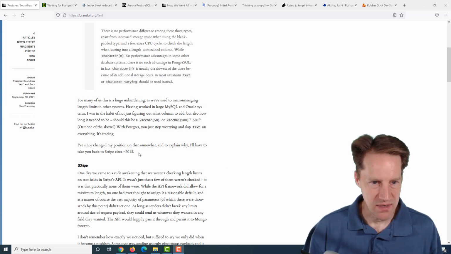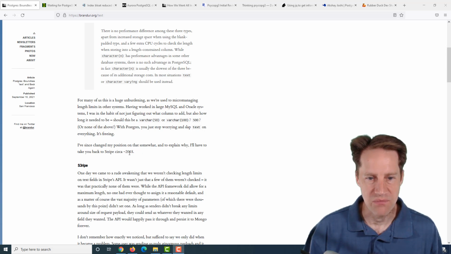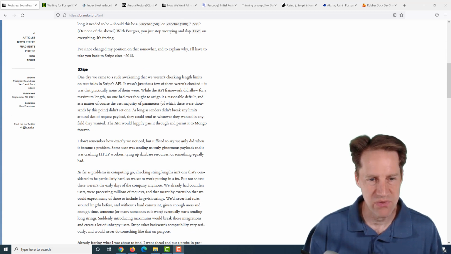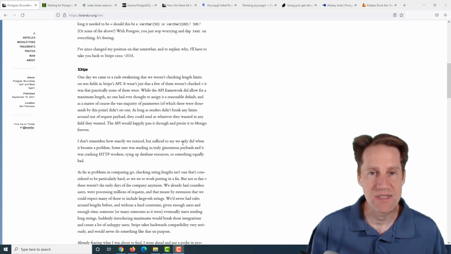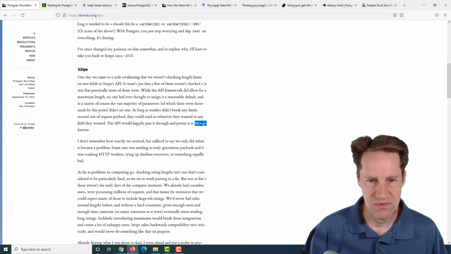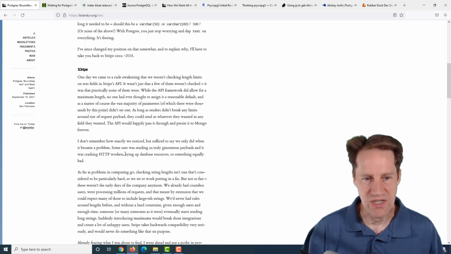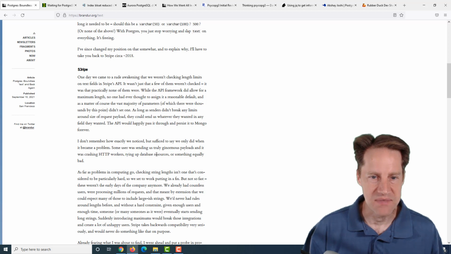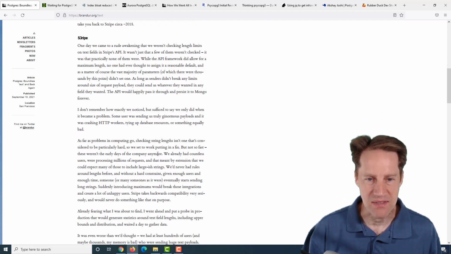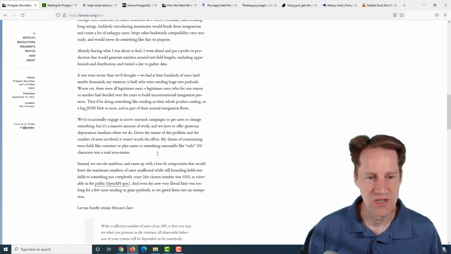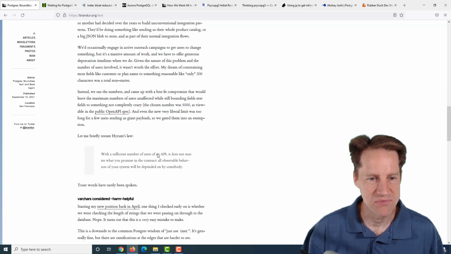And he's mentioning here a story from Stripe from 2018. Now, I don't believe this is with regard to Postgres specifically, but he's talking about a case where they had a boundless ability to insert data without limits into a Mongo database, it looks like. And it started having issues with, he says, crashing HTTP workers, tying up database resources, etc. So basically they had to try and find those limits, but those limits were exceedingly large. So they basically worked around the solution and had some exceptions for certain customers.